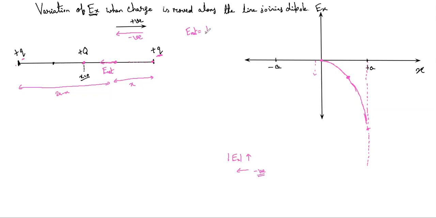So this is 1 by 4 pi epsilon naught q by 2a minus x whole square minus 1 by 4 pi epsilon naught q by x whole square. ठीक है, ऐसा होगा इलेक्ट्रिक फील्ड।